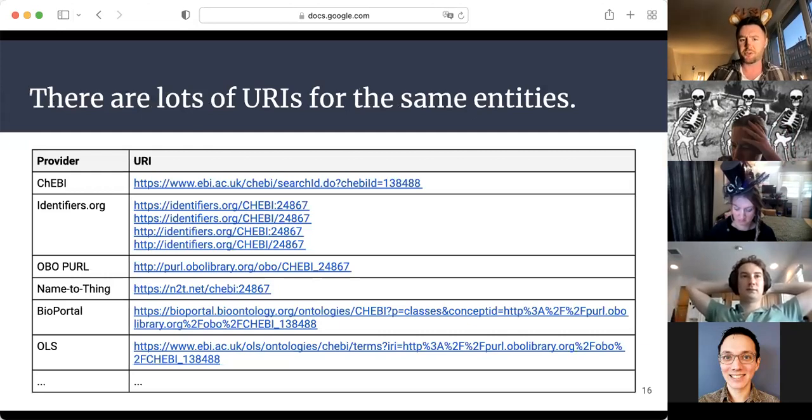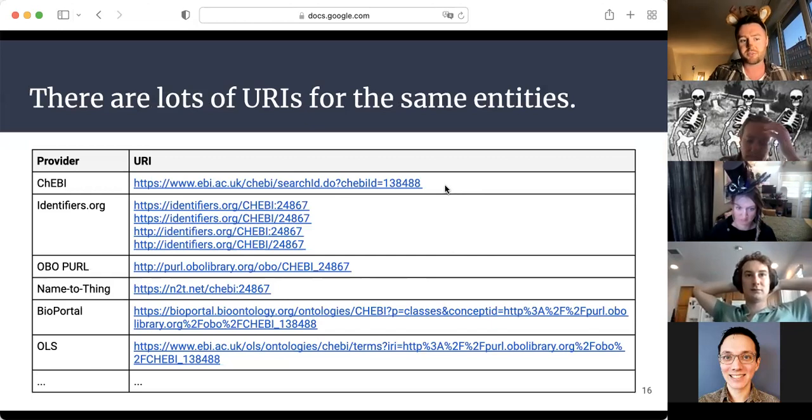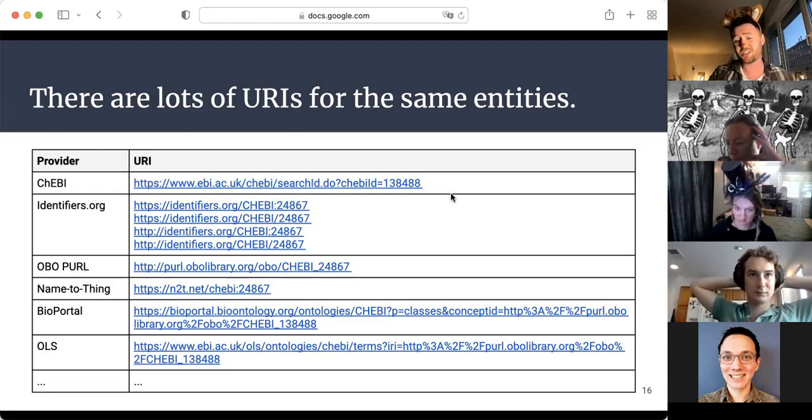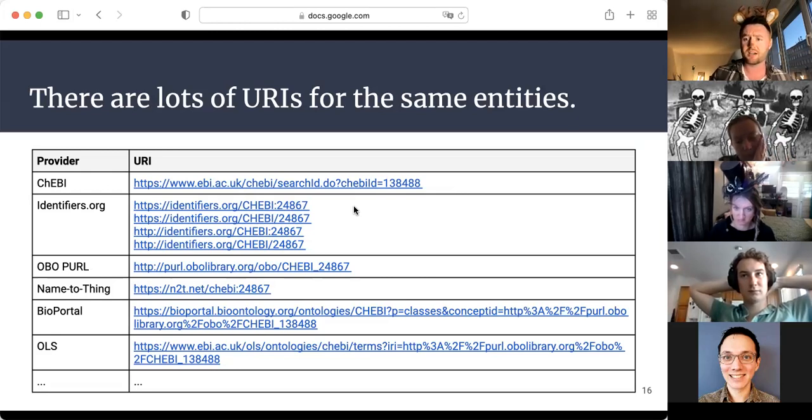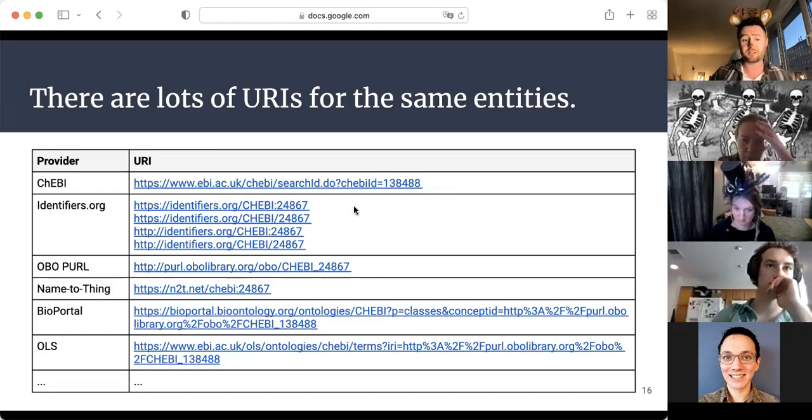So first, there are a lot of URIs for the same entities. Like I mentioned in the beginning, this is the Ulster pollen example again. Kiwi has its own first-party URI that goes with the entity. Identifiers.org actually has 4 different variants for every query, which is a little bit of a problem. There's the HTTP and the HTTPS version of everything. They also have a query syntax where there's a colon in the middle, but they sometimes use the slash syntax, which I think is a legacy implementation, but it still exists in places, so we have to be careful about it. There are also OBO PURLs, which kind of solve the same thing.